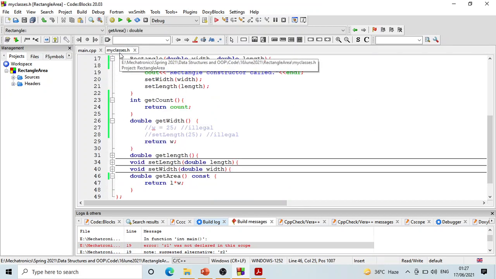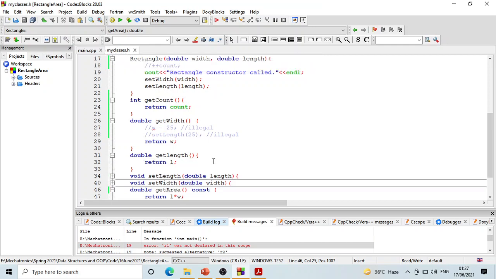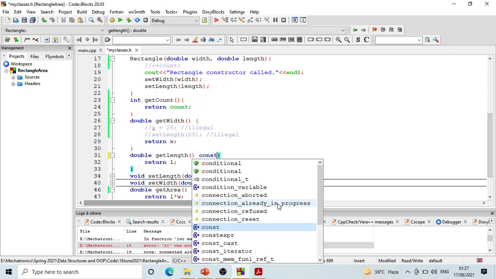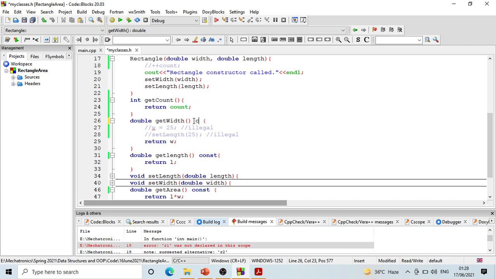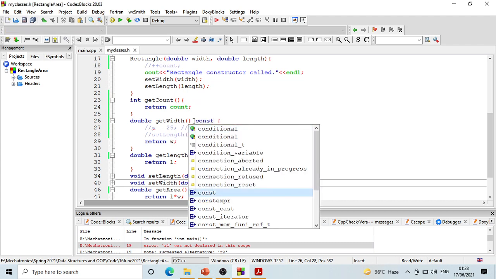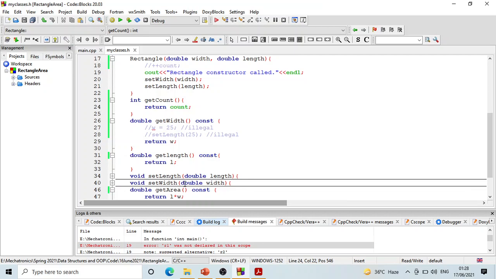उसका हल ये है कि दोज मेंबर फंक्शंस व्हिच डू नॉट मॉडिफाई द स्टेट ऑफ द ऑब्जेक्ट, यू हैव टू डिक्लेयर दोज मेंबर फंक्शंस एक्सप्लिसिटली एज कॉन्स्ट मेंबर फंक्शंस, ठीक है। गेट लेंथ, इट डज नॉट मॉडिफाई द स्टेट ऑफ द ऑब्जेक्ट। गेट विड्थ डज नॉट मॉडिफाई द स्टेट ऑफ द ऑब्जेक्ट, ठीक है। Set width and set length, they modify the state of the object, so we cannot declare them as const member functions। Similarly, get area, it does not modify the state of the object, तो आपने इनको explicitly const declare कर देना। So for a const object, the const member functions they would be executable, इनको execute किया जा सकेगा।